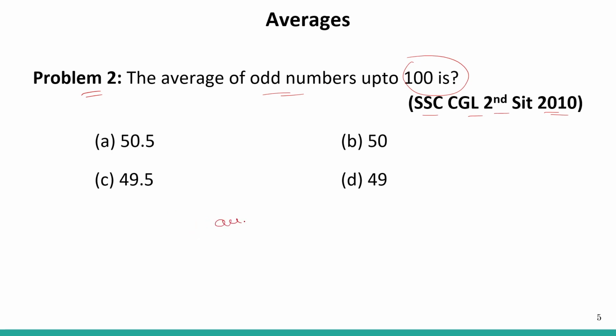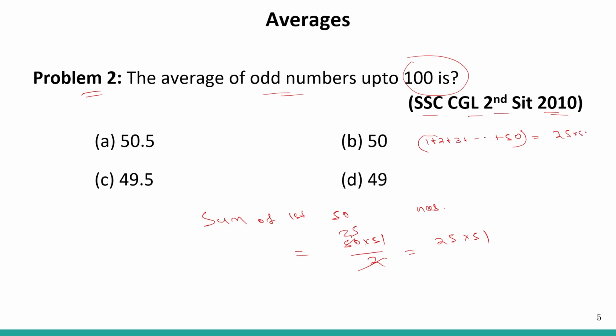What is the sum of the first 50 natural numbers? It is equal to 50 into 51 by 2. This is not the average, this is the sum of the first 50 numbers, which is equal to 25 into 51. So we have this sum: 1 plus 2 plus 3 plus dot dot dot plus 50 is equal to this much,